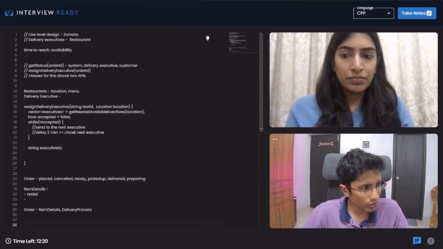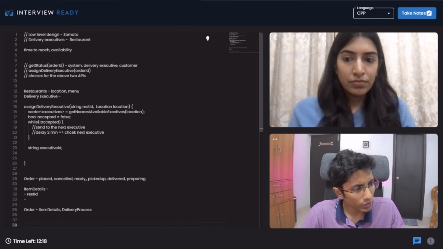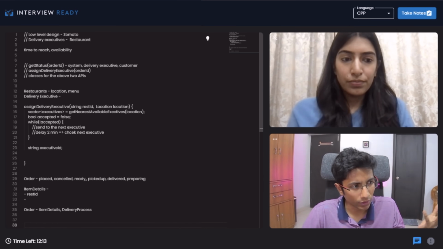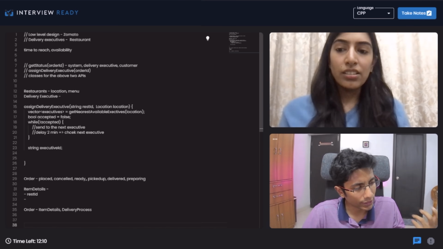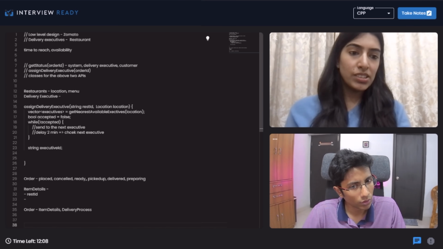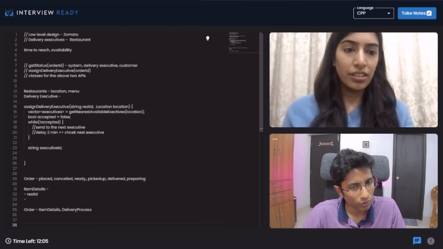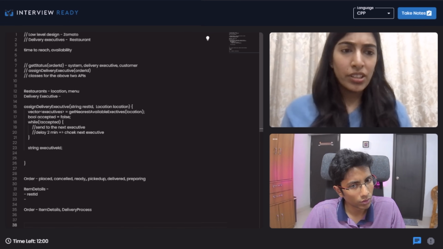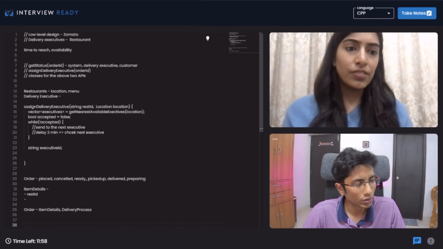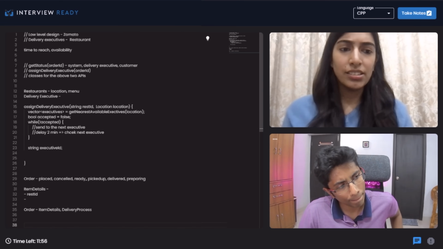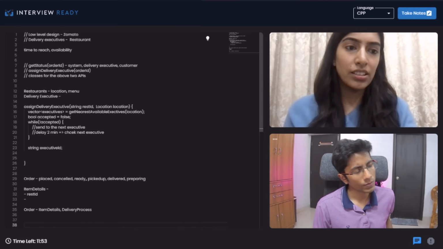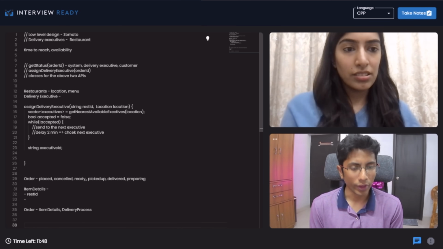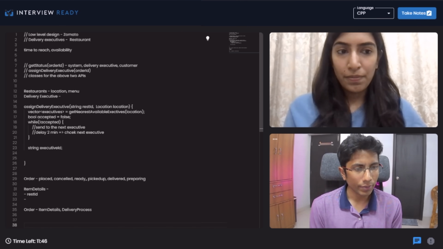The delivery process to me seems like a log, so it looks like a list. It's probably going to have a timestamp and a message. These are the possible states of an order, like picked up, delivered. We can either store timestamps of all of them, like an epoch time. If the time has been updated, and the next one does not have a value, then it is in this stage right now. Something like that. Does that make sense? Yeah, that makes sense.